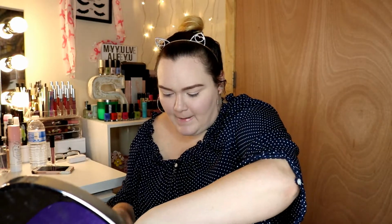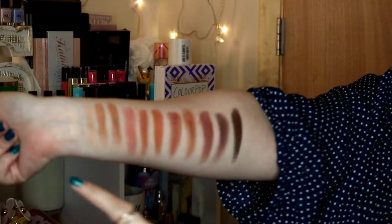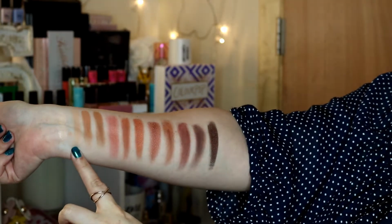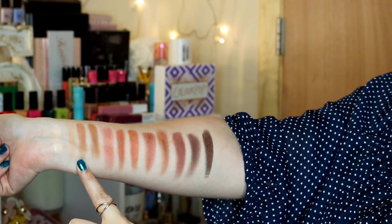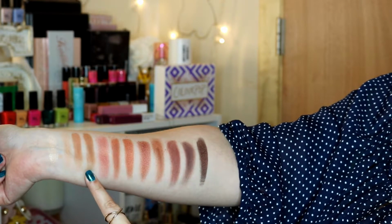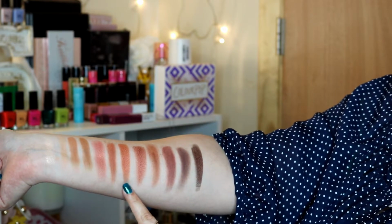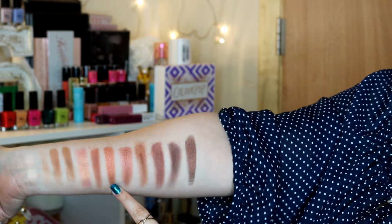And I really hope you guys can see the swatches. These are very pigmented and very buttery. These are colors that I definitely wear a lot. I did swatch everything on my arm. We're gonna start from this shade, which is Ounce, Chaser, Sauced, Low Blow, Lumbre, He Devil, Dirty Talk,